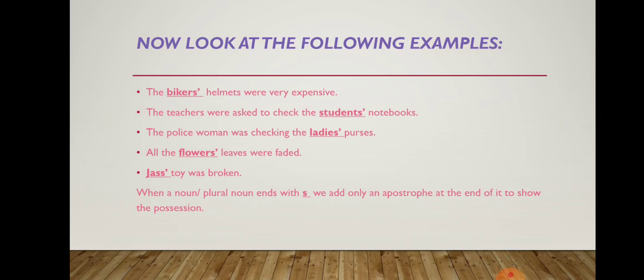If it is already bikers, and after that I put apostrophe S, that could be wrong. Students is already a plural noun, so if I had written students apostrophe S, it would not be appropriate. I hope it is clear to you. You have to remember that if a noun is ending with S, then to show its possession, we just use the apostrophe mark, not the apostrophe S.